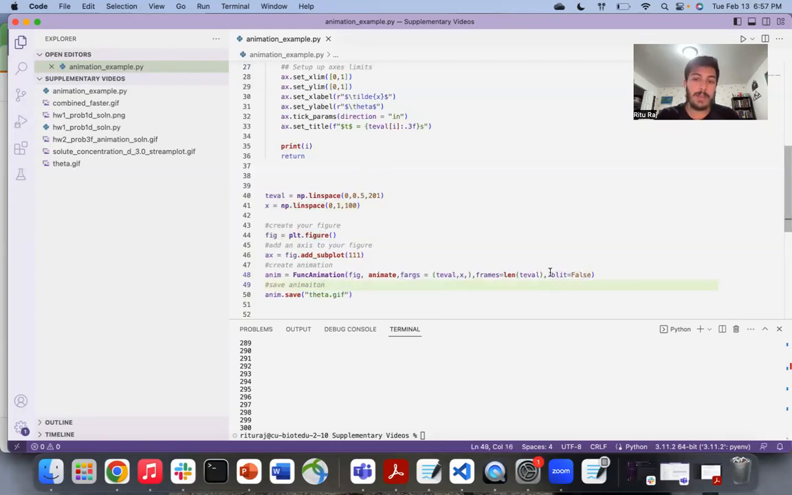And then you also have to do this blit equals False. I haven't been able to get this command to work. Apparently, it can sometimes speed up the animation process. But after this runs, you've created the animation, and then you have to save the animation. You do this using the anim.save command, and here we're going to save it as a GIF. So if we go ahead and run this,